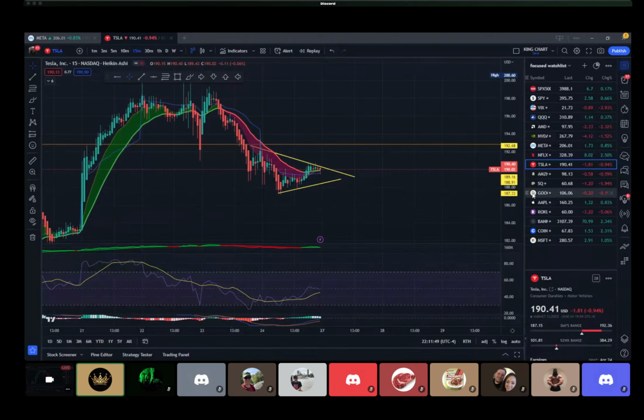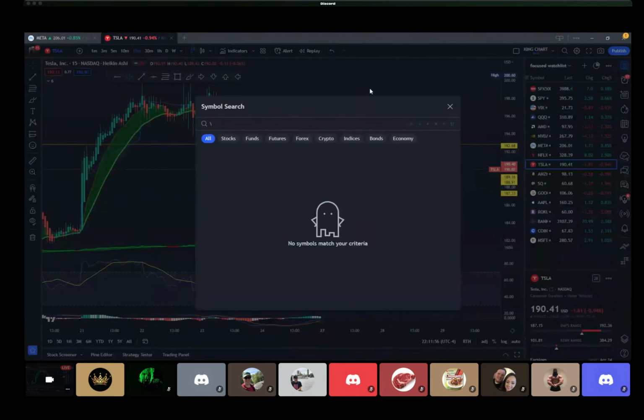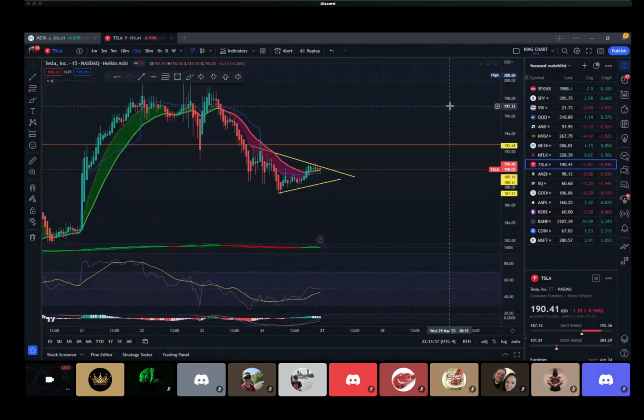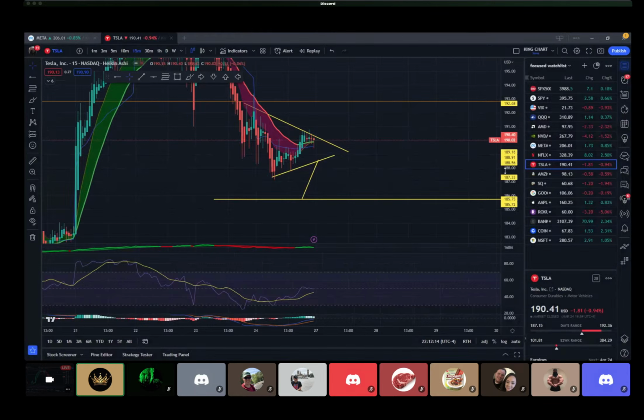So Tesla, looking for a bearish move. Look at that huge candle. Look at that hockey stick. And just as always, measure out that move. Last time it touched the top was right there. Last time it touched the bottom. And just wait for the break on the 5. Your move will be about 185. This is Tesla, so a $5 move is cake.